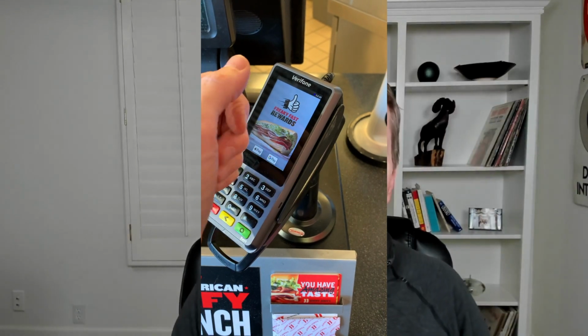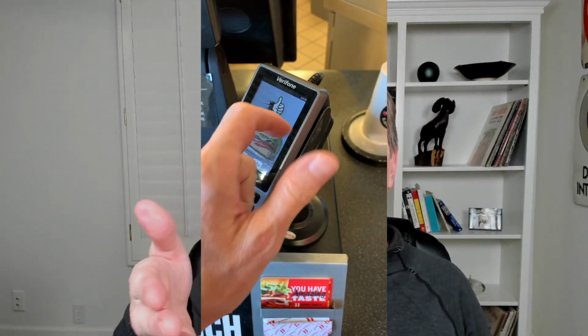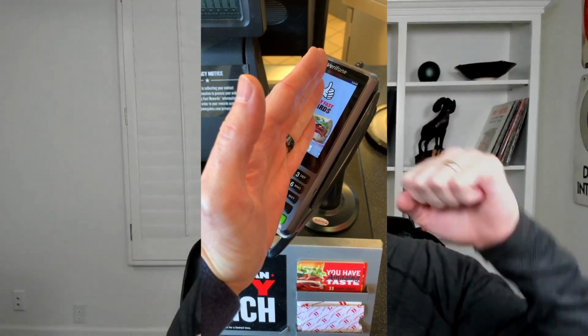The third thing that I really like, and I'll show a video here of how to use it. They talk about holding your hand like a fist, not like that. No, a fist. And honestly, if you do that, you don't have to pull a card out of your wallet. You don't have to pull a phone out. You just simply need to wave your hand over the terminal, and it picks it up. I have never had an issue with it working. It always seems to work as long as the merchant accepts a contactless payment,